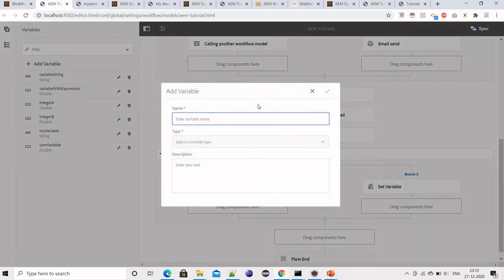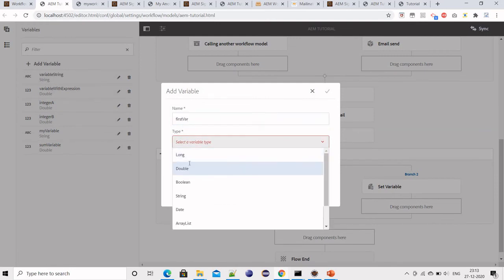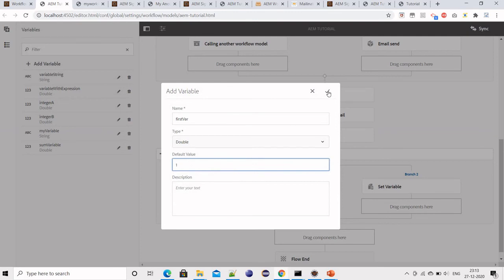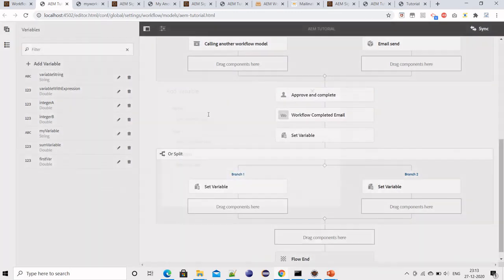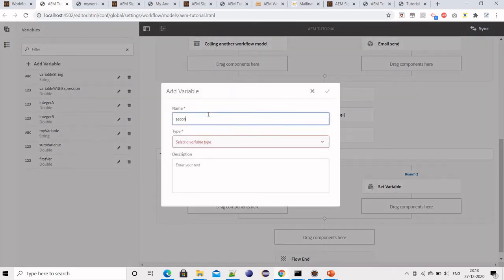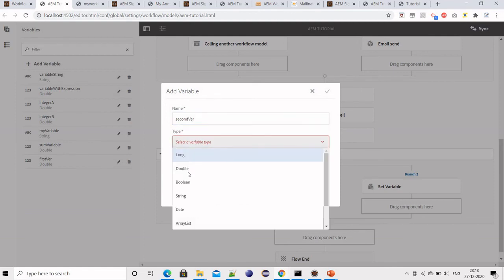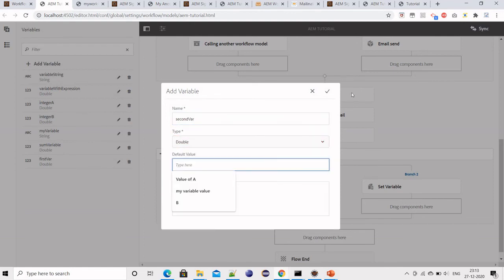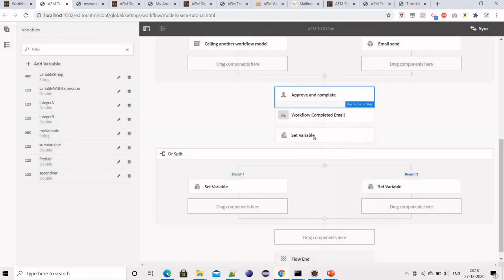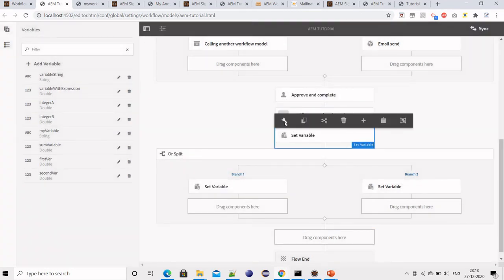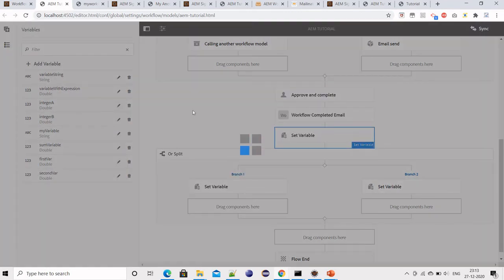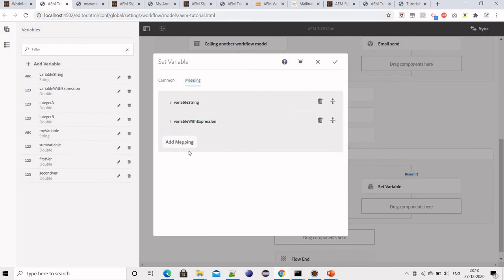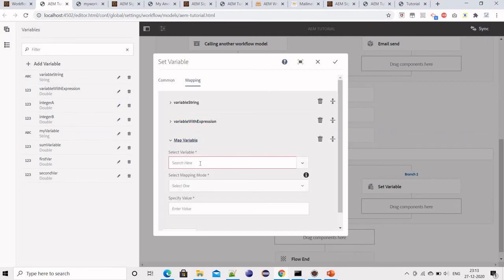Another variable is first var, type is double, default value is 1, and then second var, again double, and this time the value is 2. And then while I want to set the variable for it, what I will do is add a mapping.